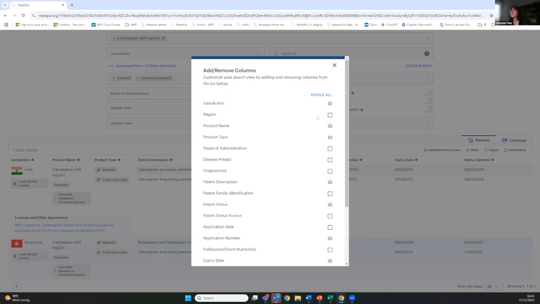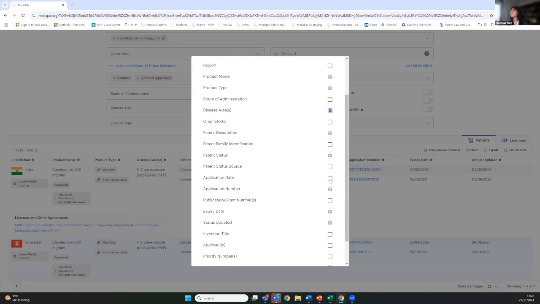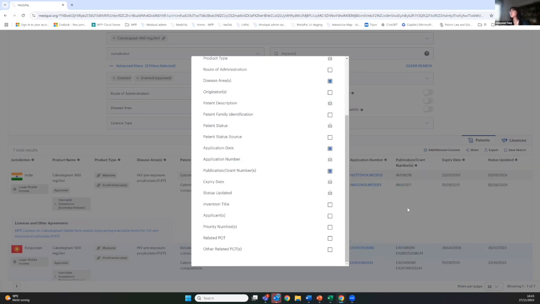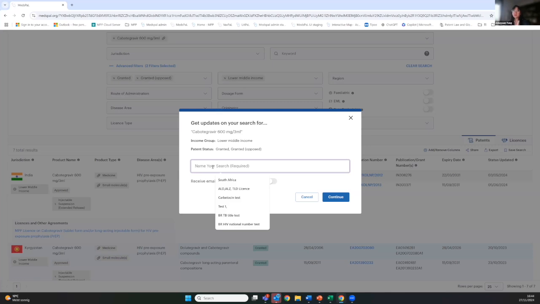And also, as there is some hidden information, you can always check it, like the disease area for this product. And also I want to know the application date. Also, I want to see the publication number. You just check them, you go back, then you will notice this information will be added: application date and the grant number. So you can share or export. You can also save the search. Then, for example, if we click save search, you need to give a name. Then I will put, for example,